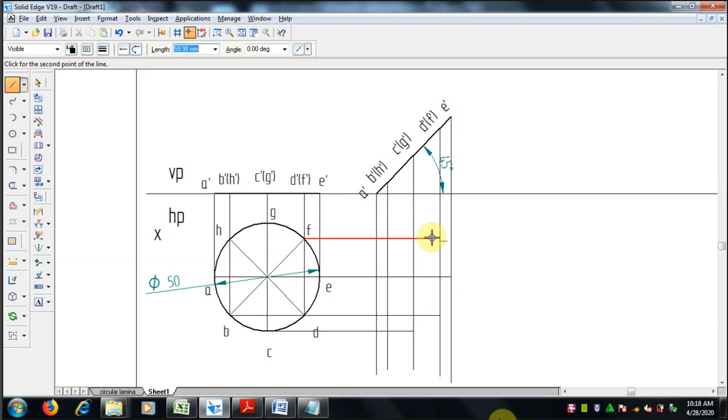Every intersection points we have to identify. So to draw the top view, G to G dash, and the last one is H to H dash intersection, where it is H.